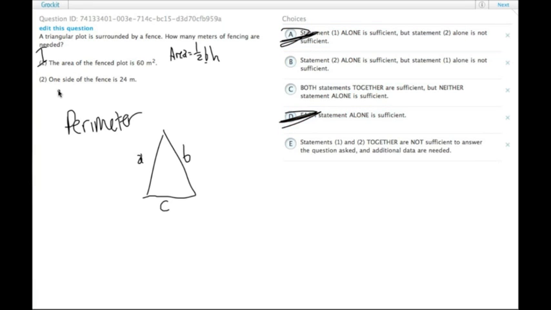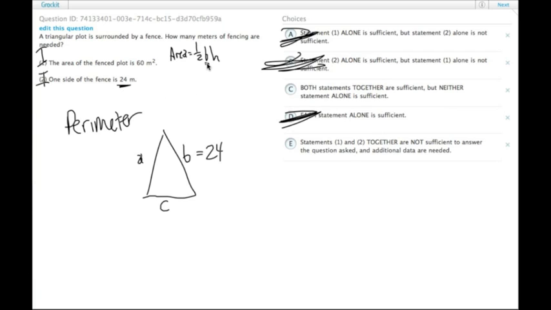Statement 2 tells us that one side of the fence is 24 meters. Let's just say it's B, but we don't have the other two, so there's nothing we can do with that. Insufficient. Together, it might be a little bit tempting, but keep in mind we don't know which side this 24